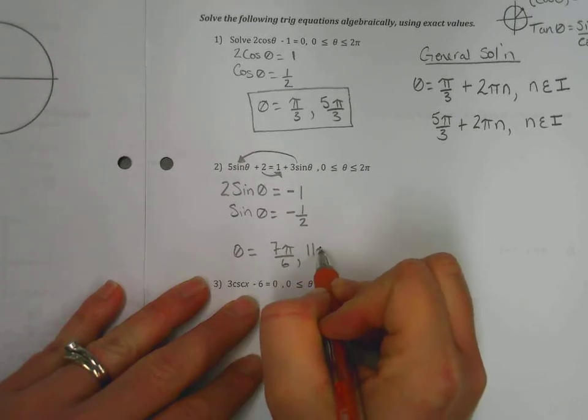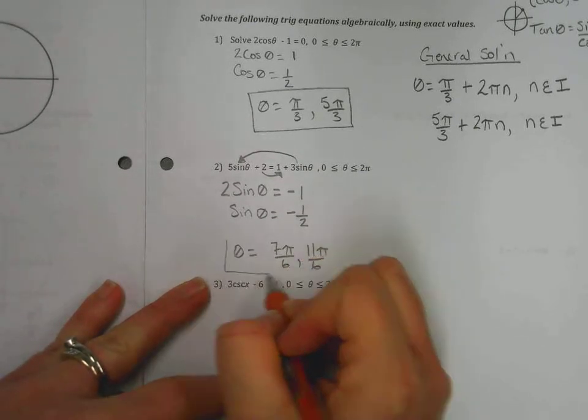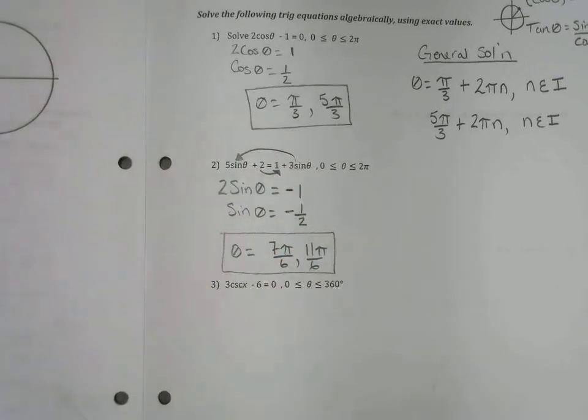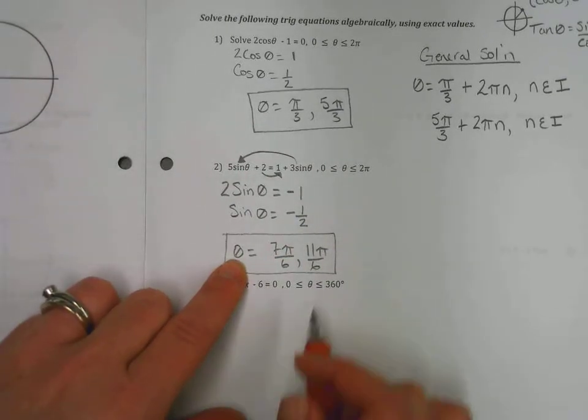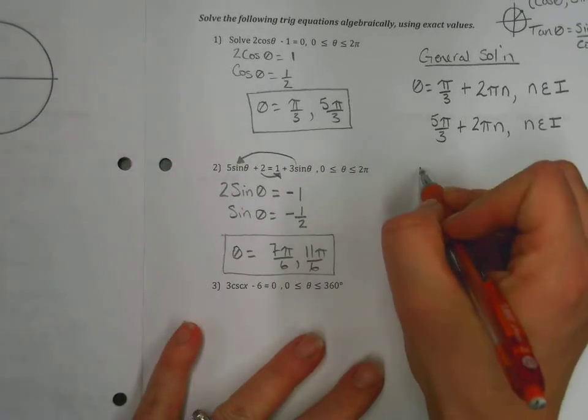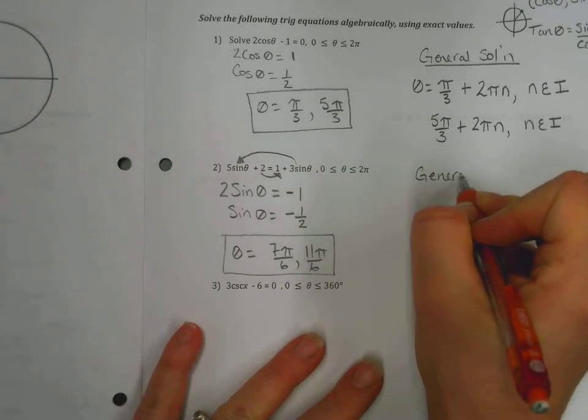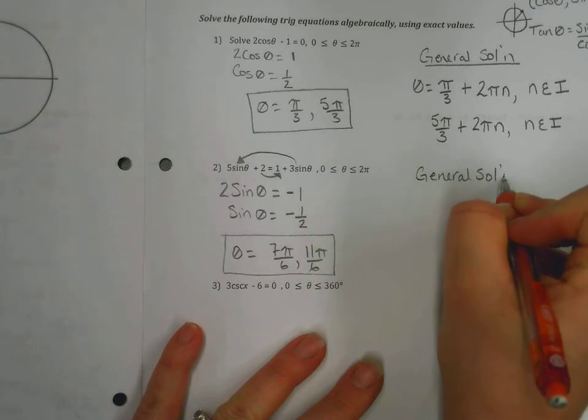So these first couple examples are pretty straightforward. We're just taking those answers from our unit circle and we're solving for the size of the angle from 0 to 2 pi. Now our general solution, again, I want to go back to my unit circle and see if